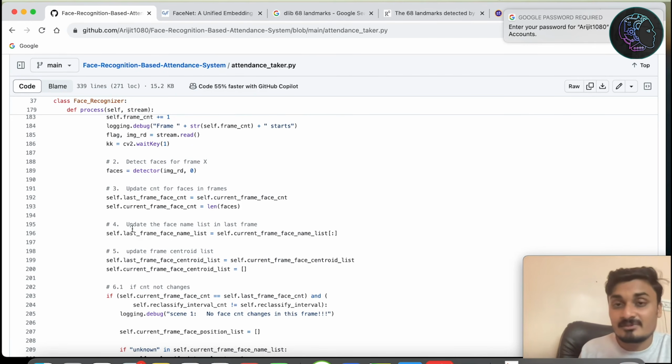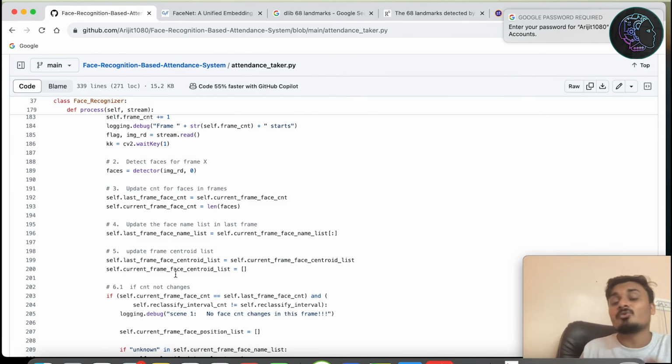That's the overall concept. Now that's centroid tracking. Centroid tracking, what it is doing: let's say in the current frame my face is here and it's detected. Now if in the next frame I just shift my face a little bit, will it again do the whole thing, like computing the shape predictor and then the 128D array? If it does that in every frame, then we are not going to get a very high FPS. And what will happen is that our app will not be in real time,